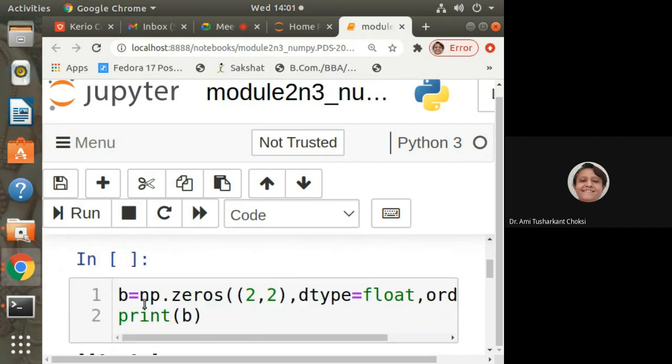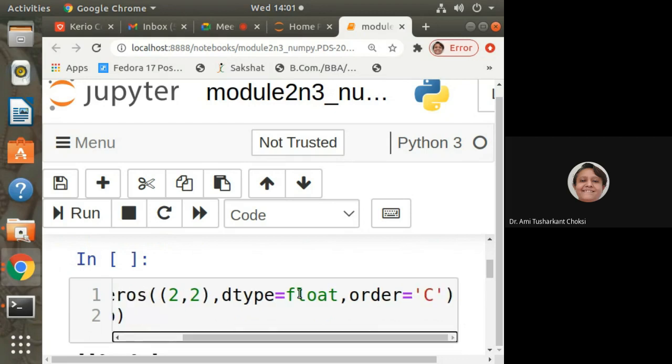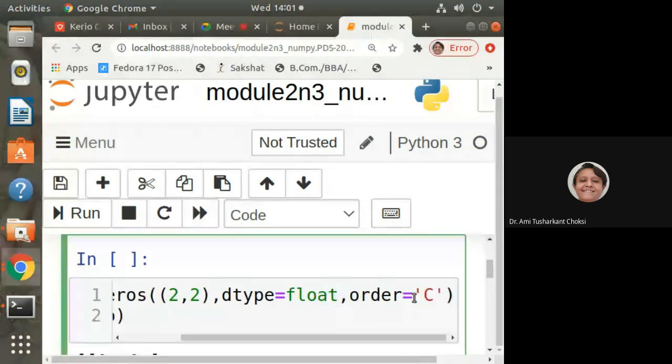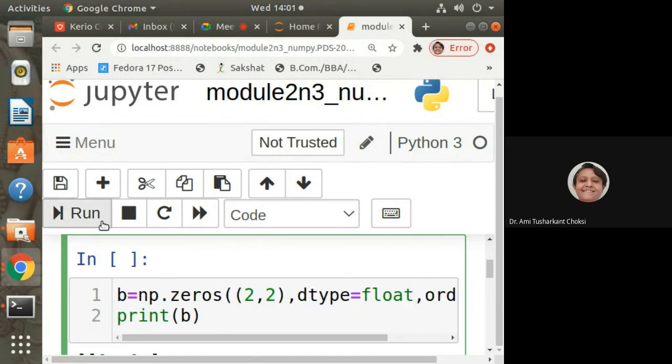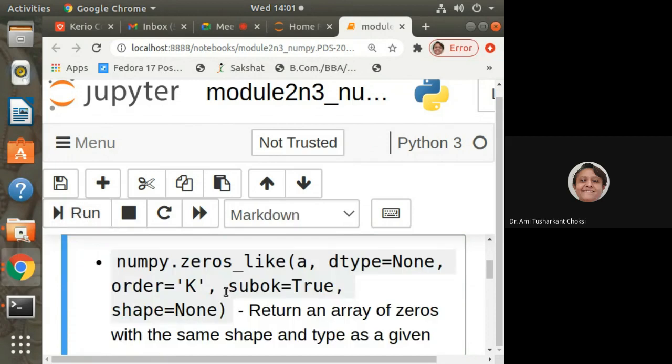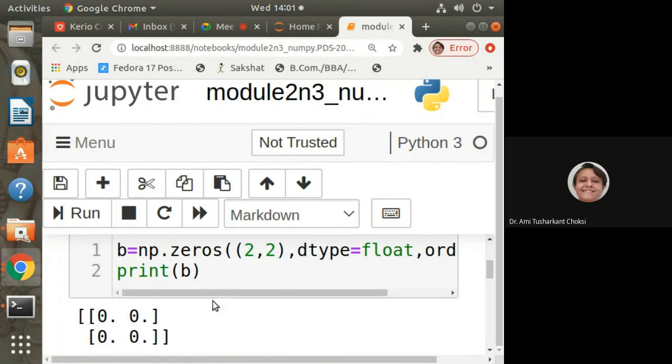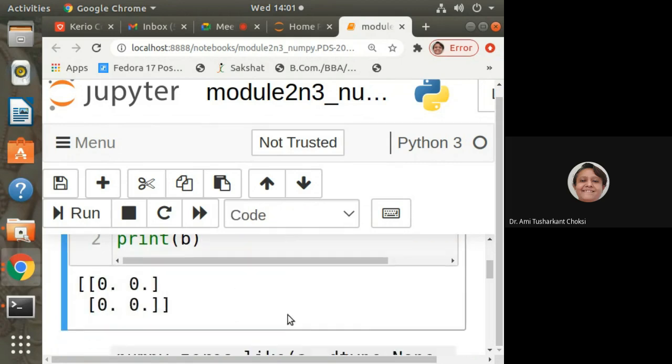Okay, so let us create one more array so you can have the idea. np.zeros 2, 2, right? The dtype is float and order is C. What is C? C style row major. Okay. So we can run this. See the output. What is this? Yeah. Okay. Fine. Got it? Fine. Okay. Now